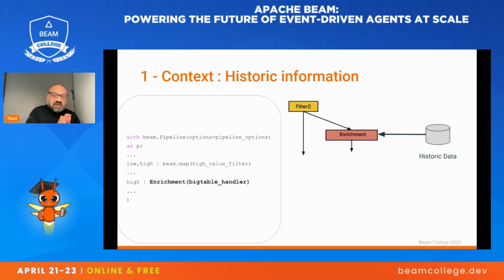For historic information, and this is one of those areas I said at the beginning where, if you're new to Beam, there are other talks which go in depth on each of these things I'm touching on, but just broadly as to what it does. We have the enrichment transform, which allows you to attach information. So if you've got an event where Reza is the key, attach that information from a key-value store like Bigtable to Reza in a very easy way with this turnkey enrichment transform, with the config being passed in as to where the Bigtable is and what key to match. With this, the data that I already have is now augmented with historic information.